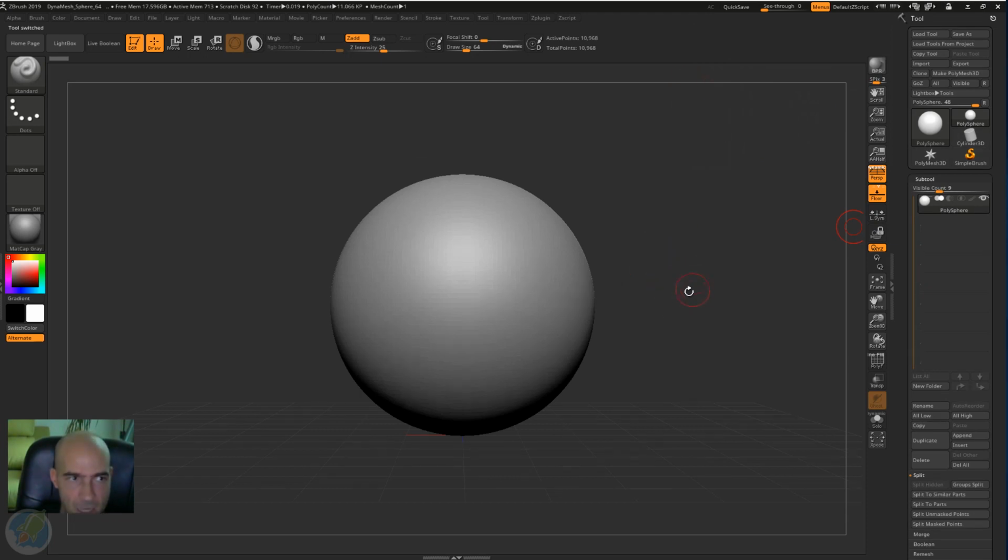The main thing you have to learn in ZBrush is how to navigate here. And also the brushes, but the brushes are easy. So I will show you how to navigate. To navigate in ZBrush, you just need to click with your tablet. This is rotation. Click and drag, just rotation. You can do it with your mouse also, of course,